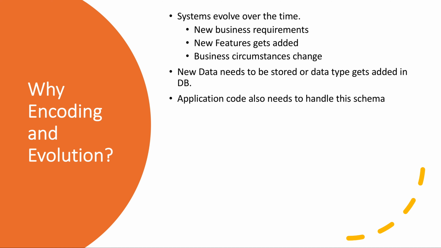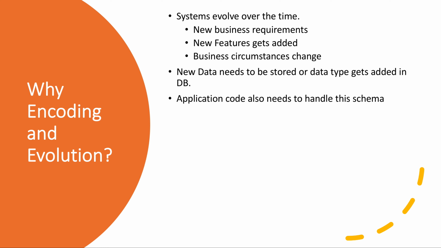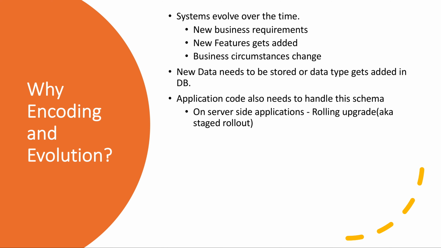And for this, we might have to add a new data type or modify the current data type in the DB. So in the second chapter, we also saw how various data models like relational models and NoSQL models handle changes in the schema. The relational model was schema on write, whereas NoSQL was schema on read. So in relational models, we have to conform to one schema, but we can alter that schema at a later stage as per our need, whereas in NoSQL, we can store multiple data formats at the same time.